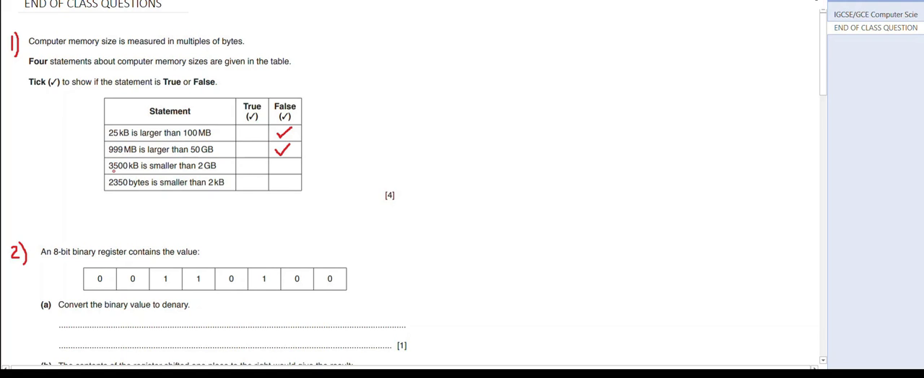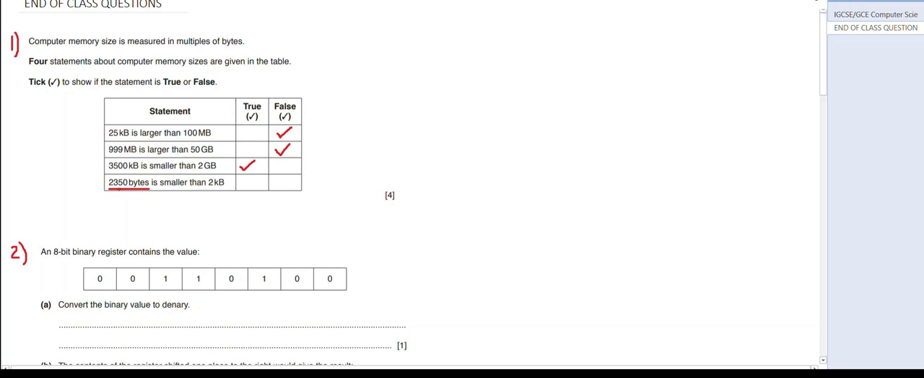Right? 3500 kilobytes is smaller than 2 GB. This is true. Next, 2350 bytes is smaller than 2 KB. What is this 2350 bytes? There is no K here, no M here, no G here. That means that 2350 bytes is